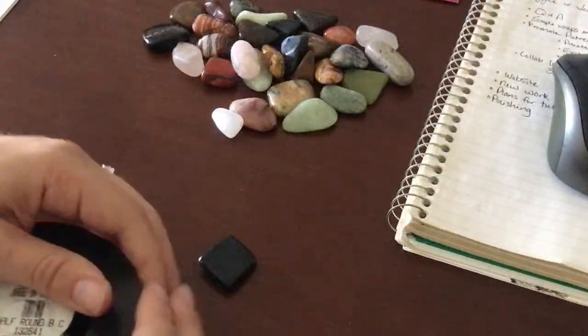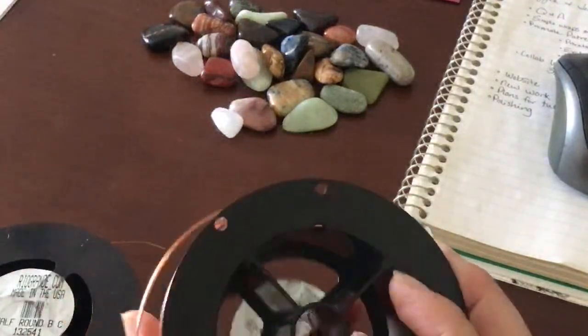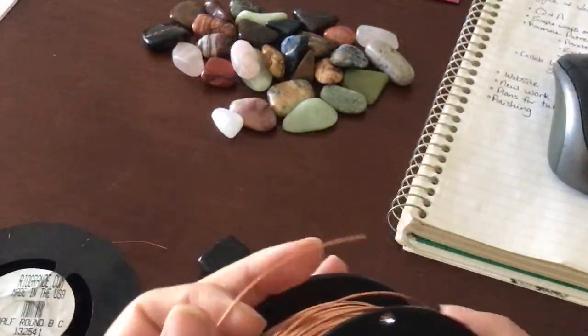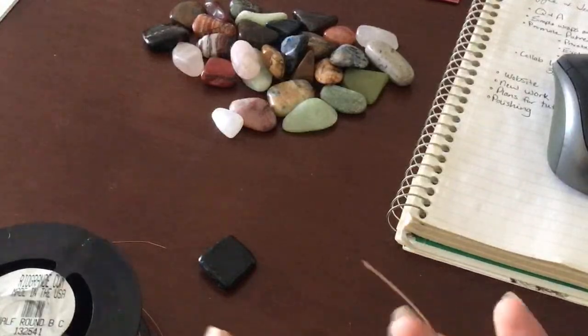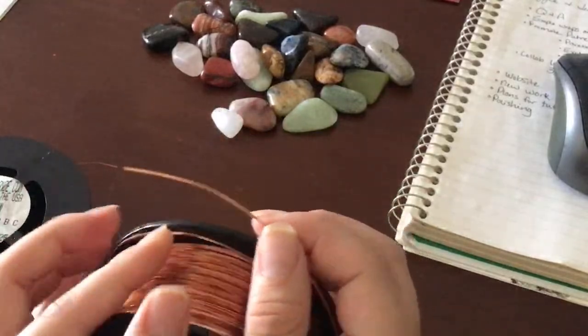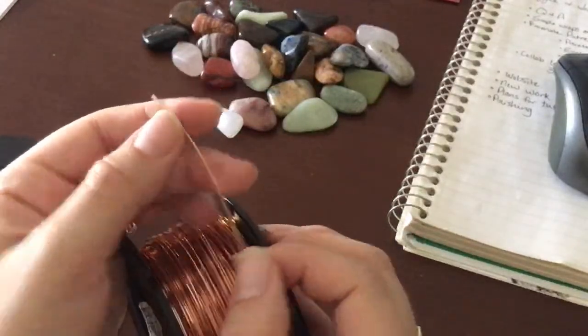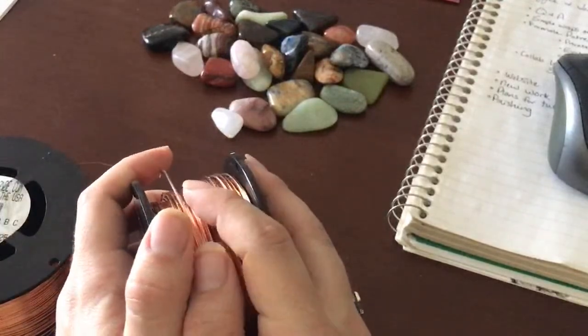And today I'm going to be using square wire. If you're not familiar with square wire, it's square instead of round. So I started off basically with just round wire. My go-to wire was always